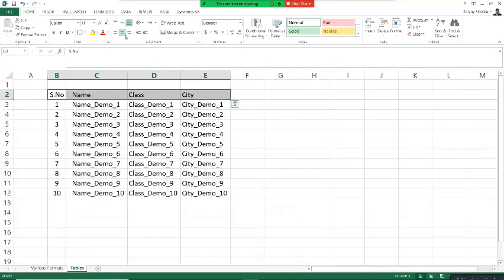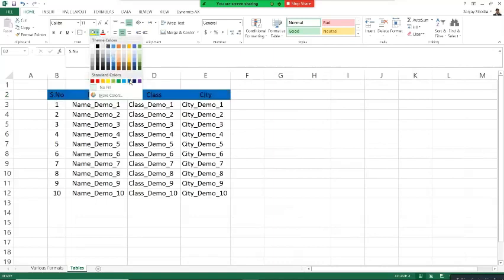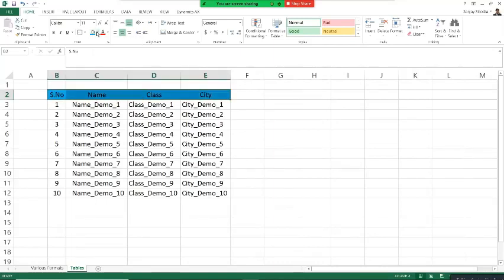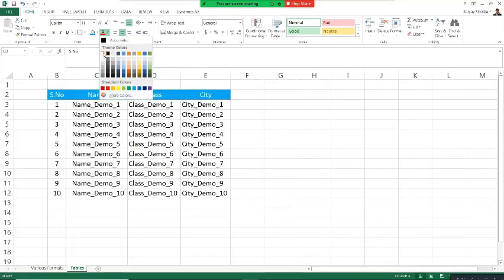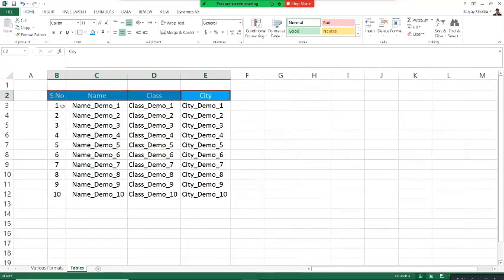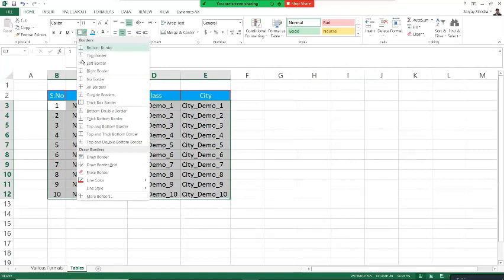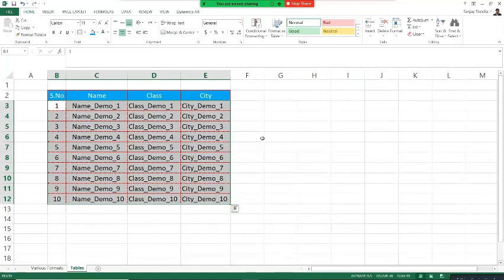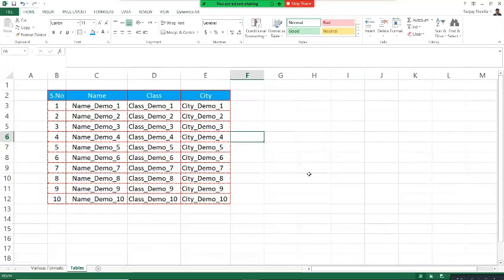Either you can use these individual functions or options available in Excel to give the desired look and feel to your table.